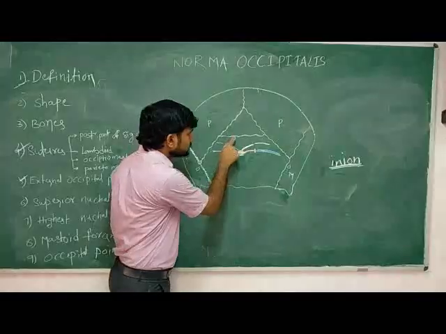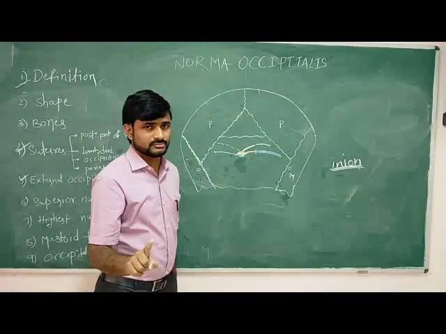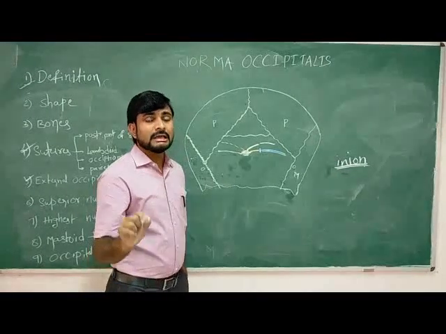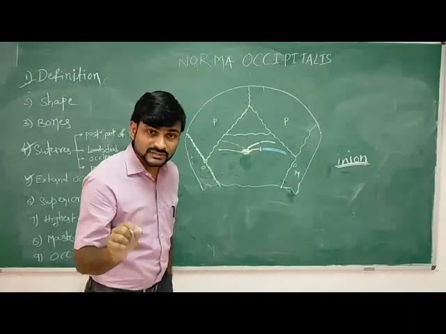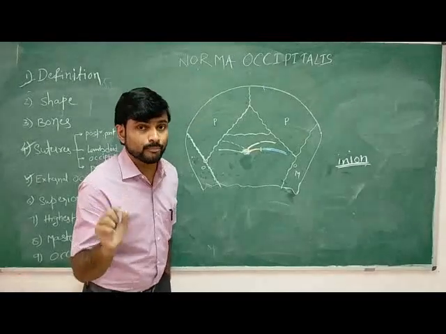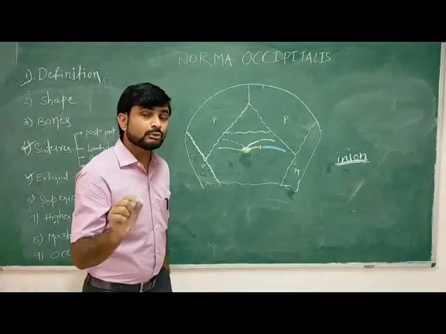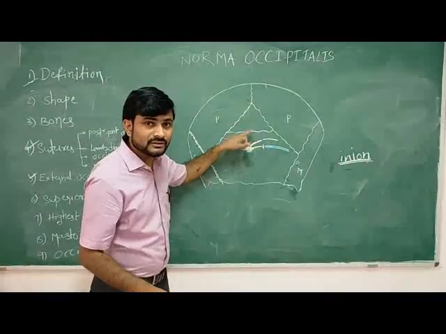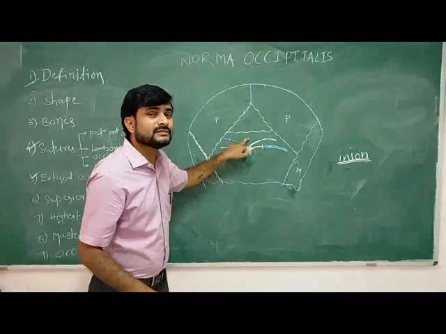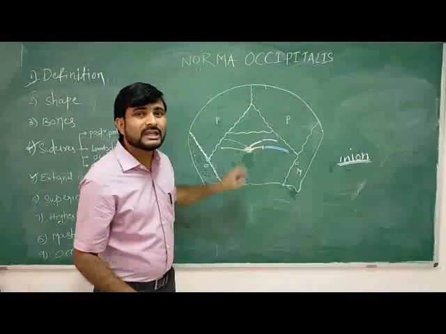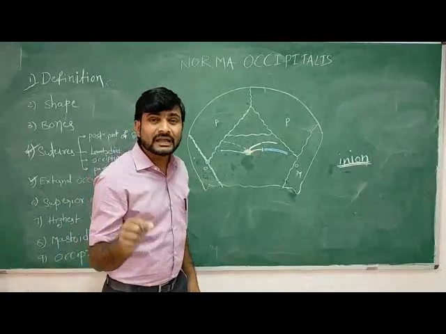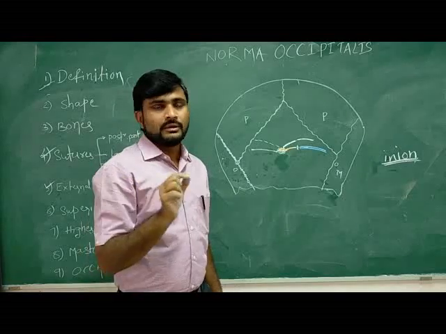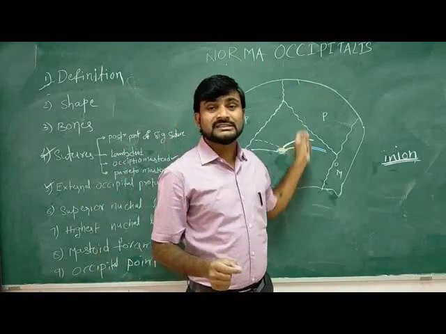And here a suture is present. This is not a suture, and this is not a junction. It represents the membranous part of the occipital bone, a failure of fusion of the occipital bone. This is also occipital bone, and this one also occipital. This bone has failed to fuse with the rest of the occipital bone. Those bones we call the interparietal bones. So this is about the norma occipitalis theory class.